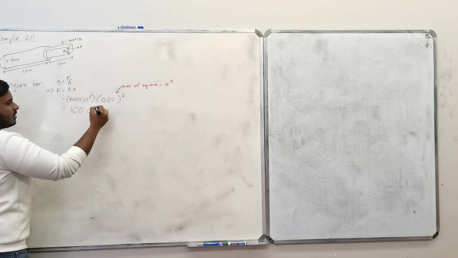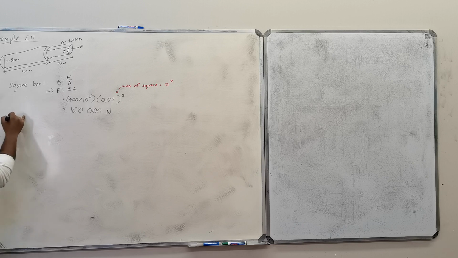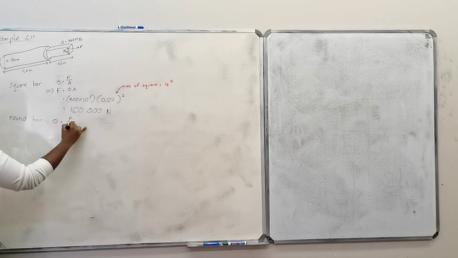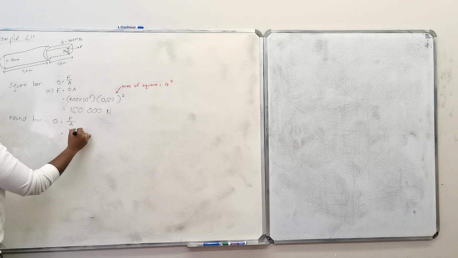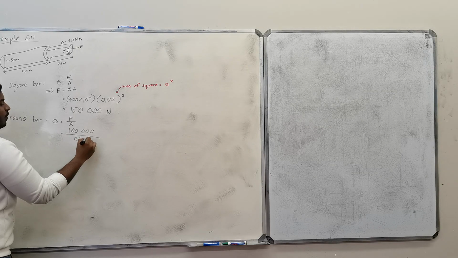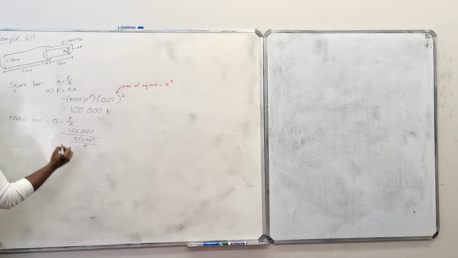160,000, yeah, 160 kilonewtons. That's the tensile force that's pulling this bar. So for the round bar, the stress would be equal to force over area. The force would be 160,000 over pi times 0.05 squared all over 4, which is